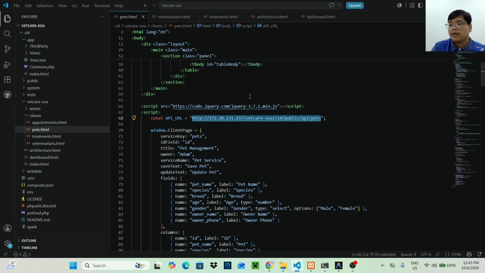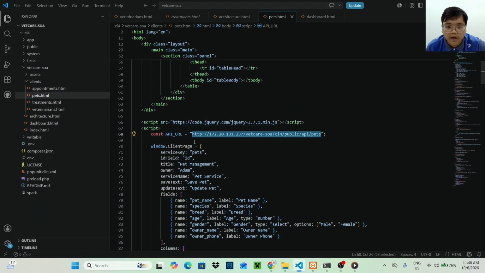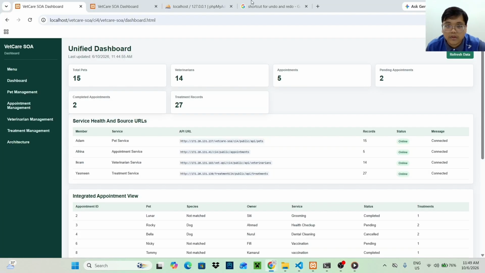So this is the API URL used by the Ajax client. The URL points to my laptop IP address, allowing the central system to communicate with my API through the same Wi-Fi network. As we see, if I copy this and paste it into the browser, so this is the Ajax